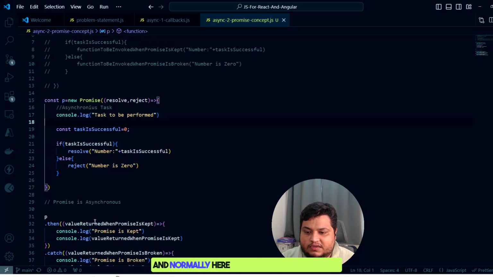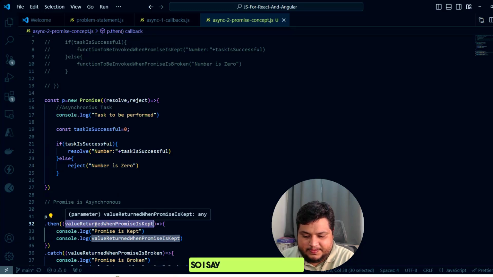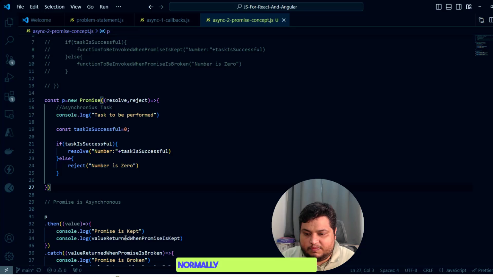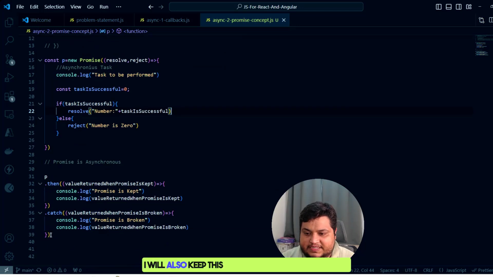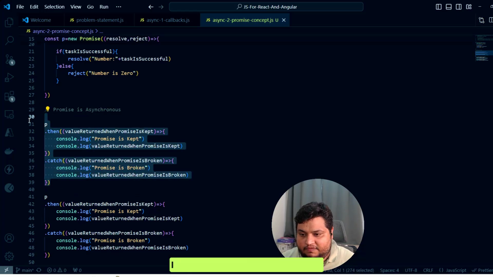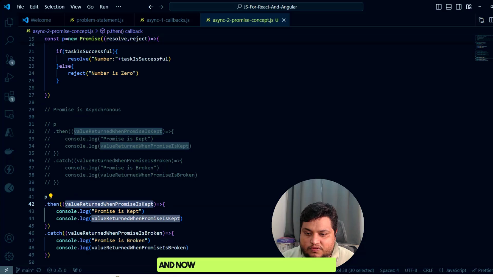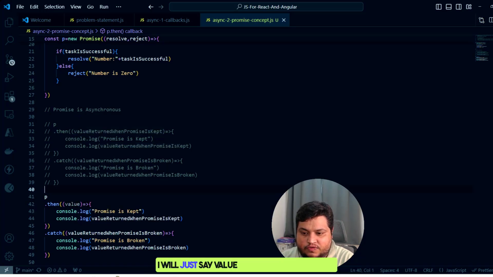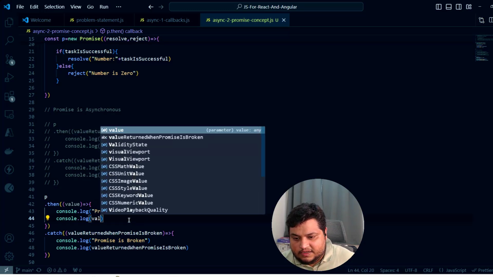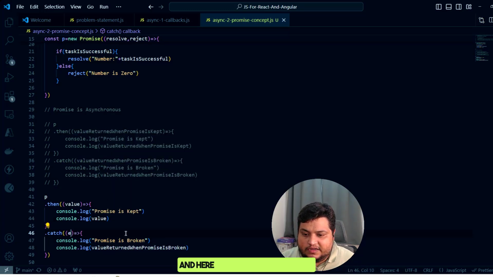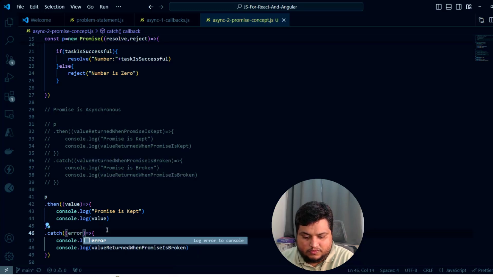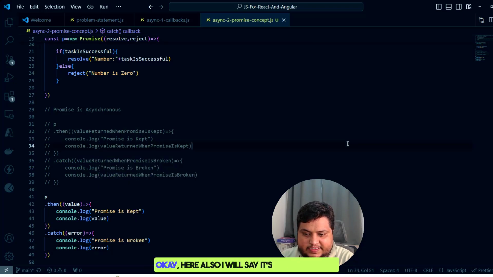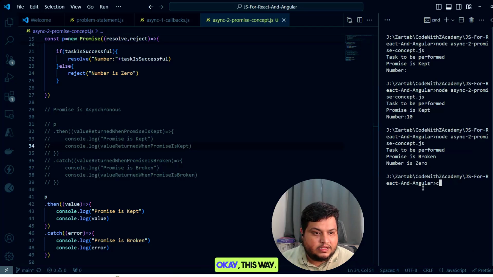Okay. And normally here, what we do, value is returned. So I say, like this is my value. Normally, I will call this as value. I will call this as value. You know what? I will also keep this commented so that if you want to check out or follow along on this one, you will be able to do it properly. I will go ahead and comment this off. And now when I say value is being returned, I will just say value instead of other things. This time also I'll say value. And here I will say, because it's an error, I'll say it's an error value. Okay. Here also I will say it's an error value. Okay. This way,